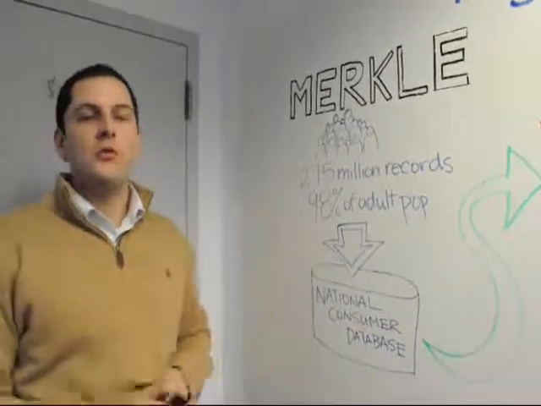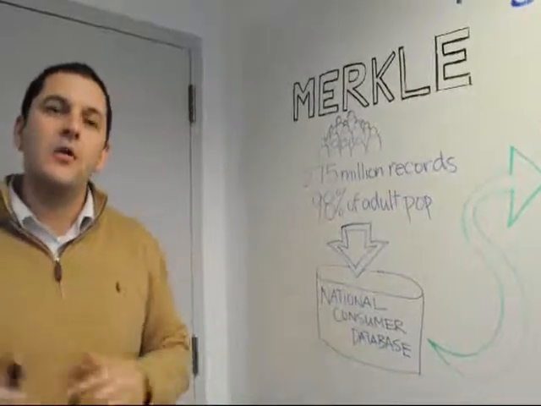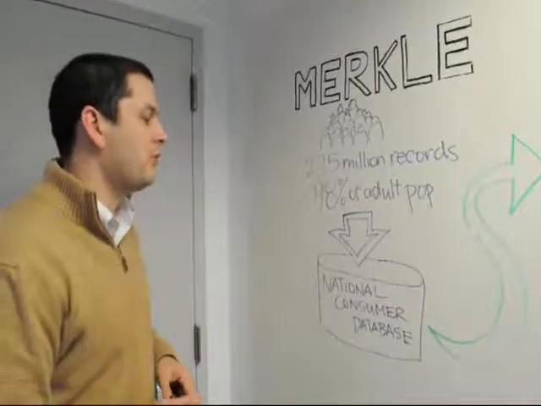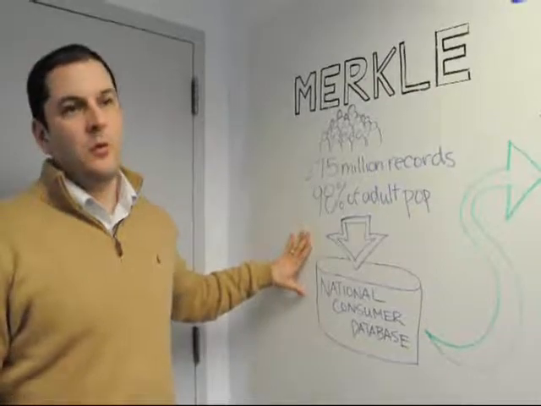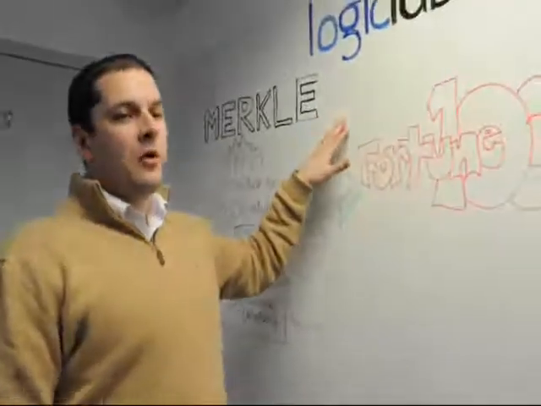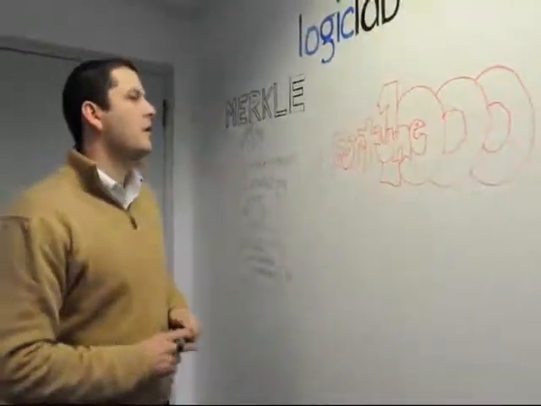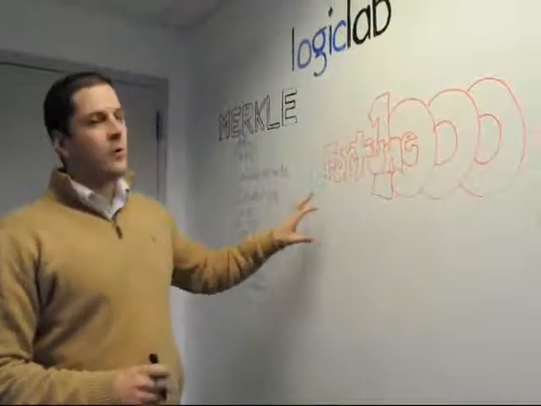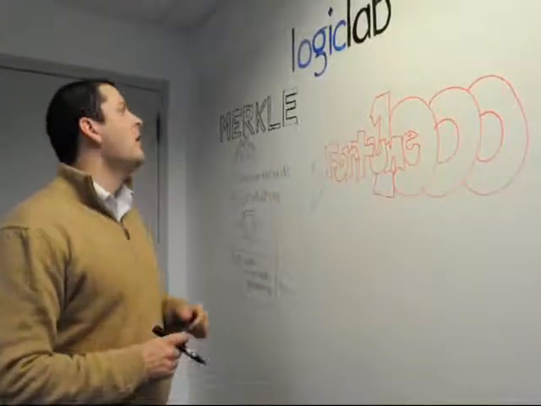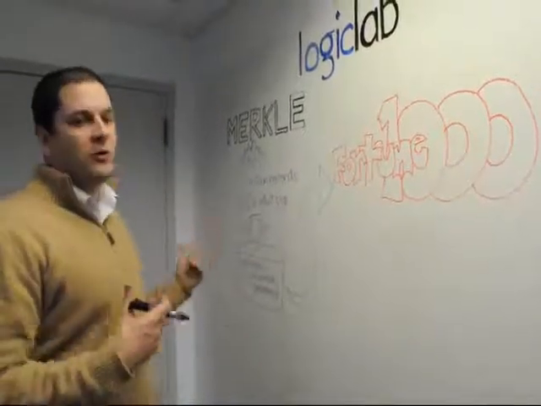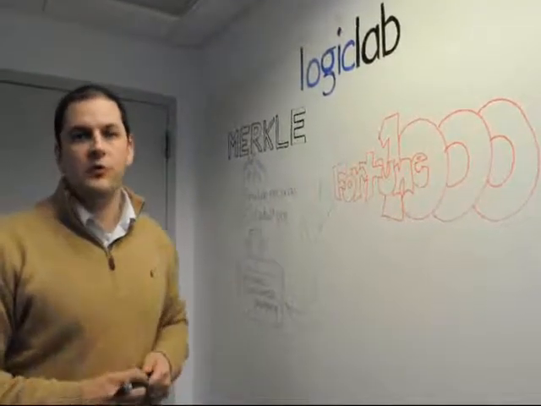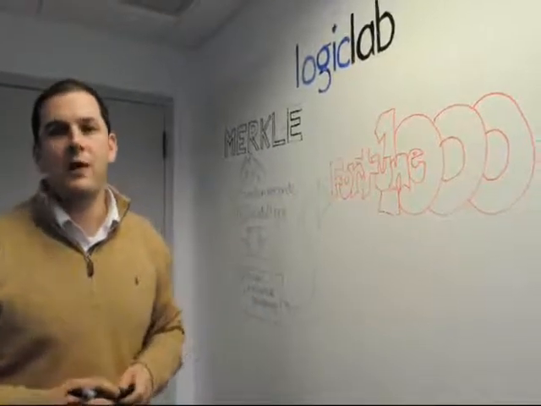And really what that allows you to do as an advertiser or a media company is understand, from a much more holistic standpoint, the people in your database, whoever they may represent. So it's very crucial to the way LogicLab does business to have access to this national consumer database. The other reason our partnership with our parent company Merkle is so crucial to LogicLab is that Merkle houses the databases of many, many large iconic brands in the United States. And by proxy, LogicLab gets exposure to those national advertisers because Merkle is kind enough to bring us into a lot of those relationships as an extension to their integrated media optimization solution.